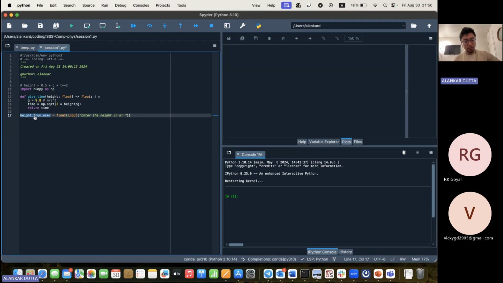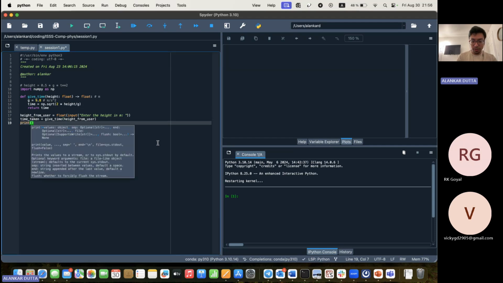Now what I'm going to do is call this function to get the time. So time taken will be give time, which will be called with this height which the user has supplied, right? And then there's a print statement that I'm going to give in here, which will just say elapsed time